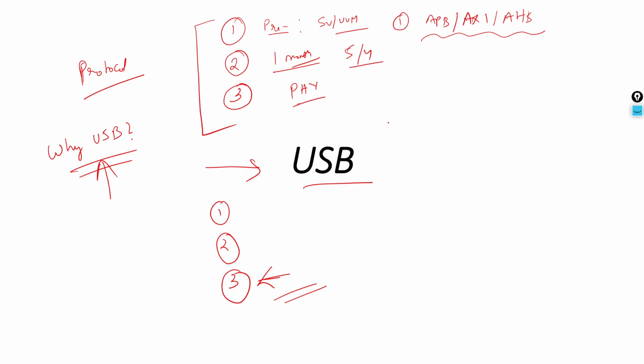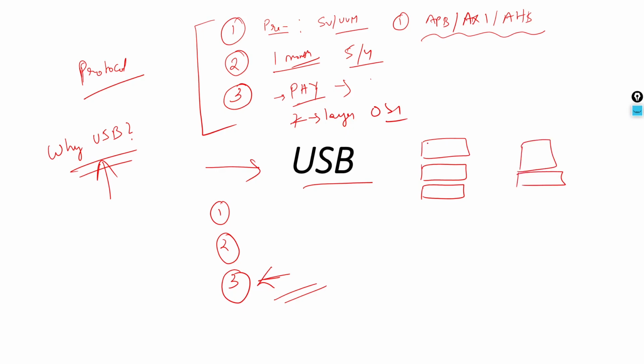Sir, the third point is like a file layer, right? Yes, there are two layers. We have seven layers, and the last layer is the physical layer, right? Where is the seven-layer OSI model you're talking about? USB also has layers. USB is a layer-based protocol. USB 2.0 has two layers, a MAC layer and a file layer. USB 3.0 has a protocol layer, a link layer, and a physical layer.